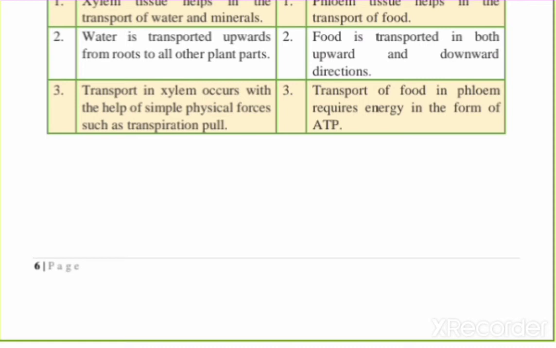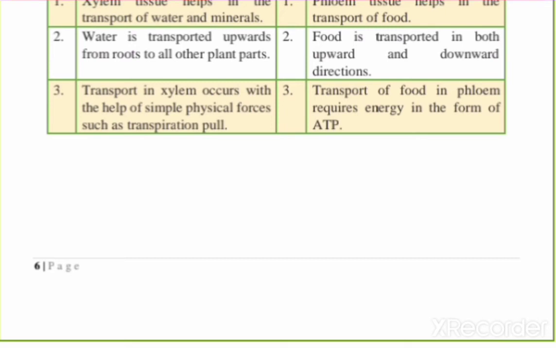Now you have 13 question. Compare the function of alveoli in lungs and nephron in kidney with respect to their structure and function. Here we discuss the comparison between alveoli in lung and nephron in kidney. Both structure and function we discuss here. Alveoli are, you all know, tiny balloon like structures present inside the lung, and nephron is related to the kidney, a tubular structure present in our kidney.